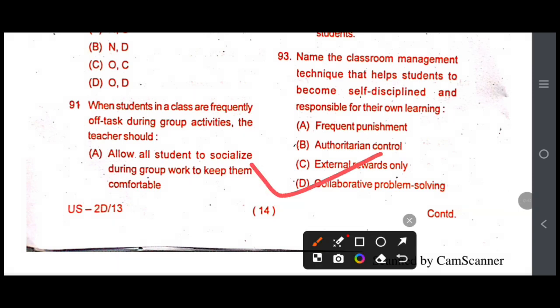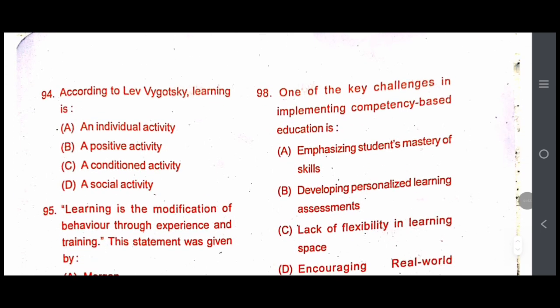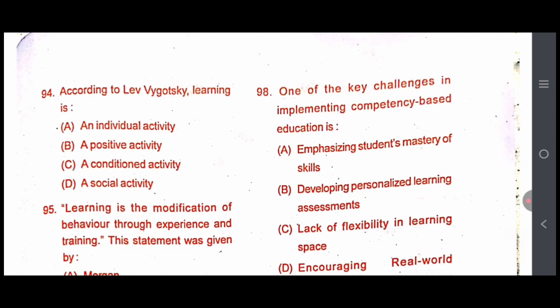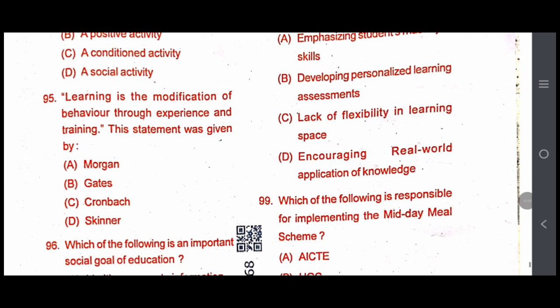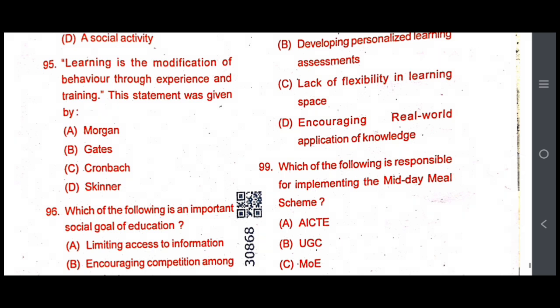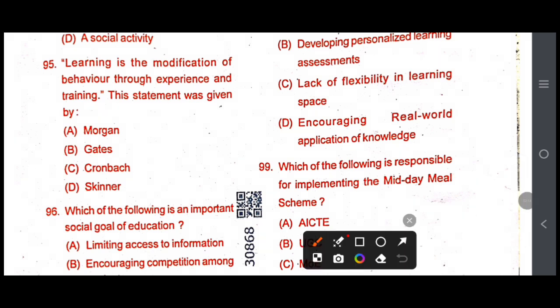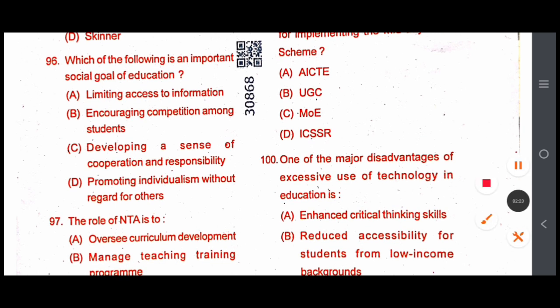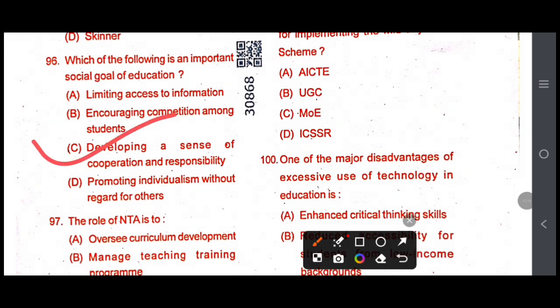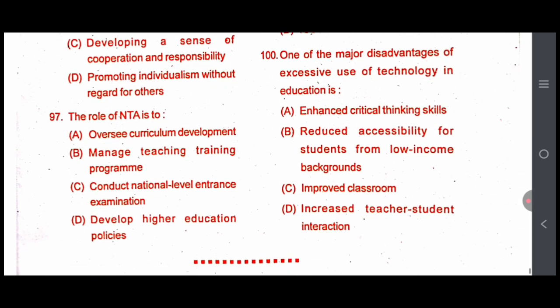Name the classroom management technique that helps students to become self-disciplined and responsible for their own learning. The correct answer will be collaboration and problem solving. According to Lev Vygotsky, learning is. The correct answer will be option D: a social activity. 95. Learning is the modification of behavior through experience and training. This statement was given by Gates, option B. 96. Which of the following is an important social goal of education? The correct answer will be option C: developing a sense of cooperation and responsibility. 97. The role of NTA is. The correct answer will be option C: